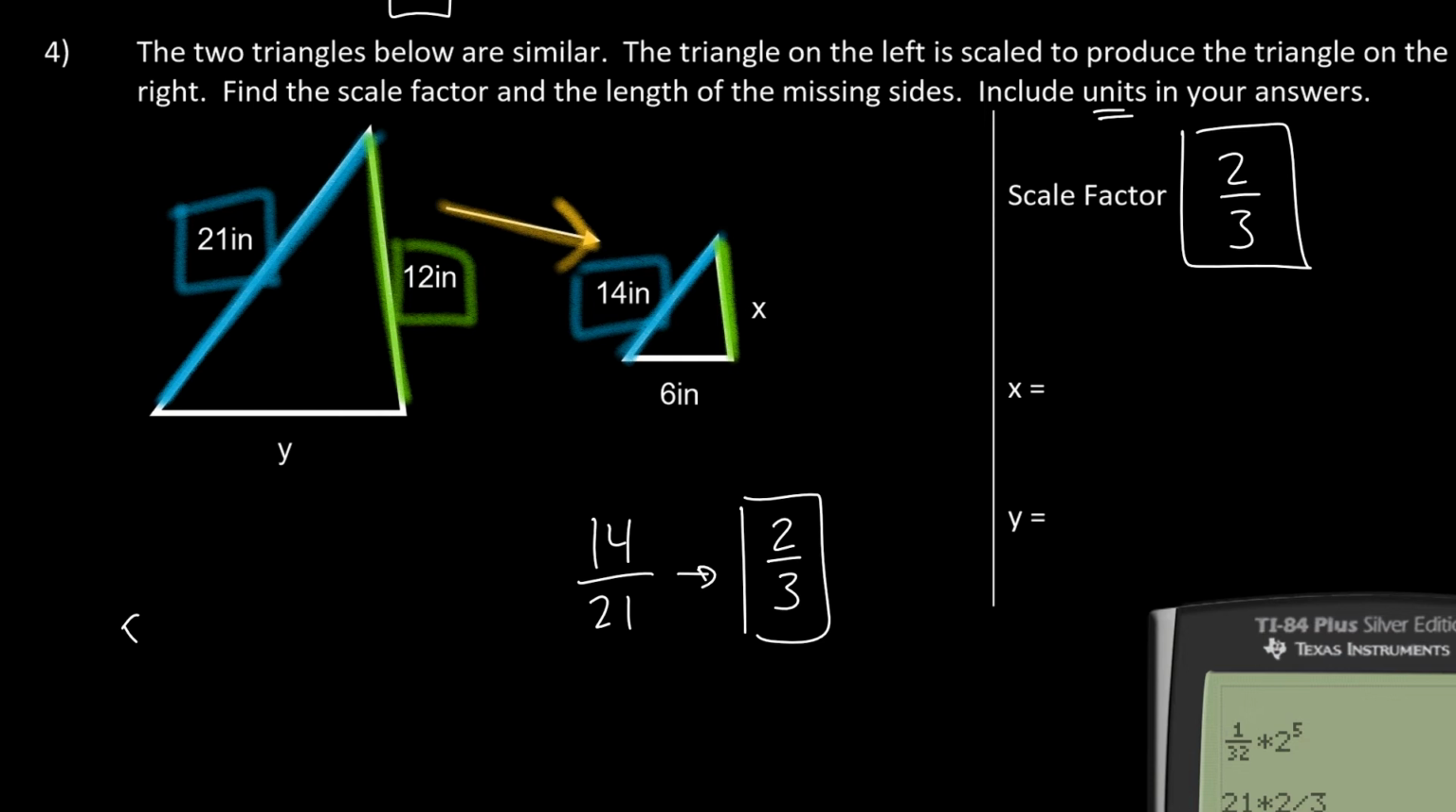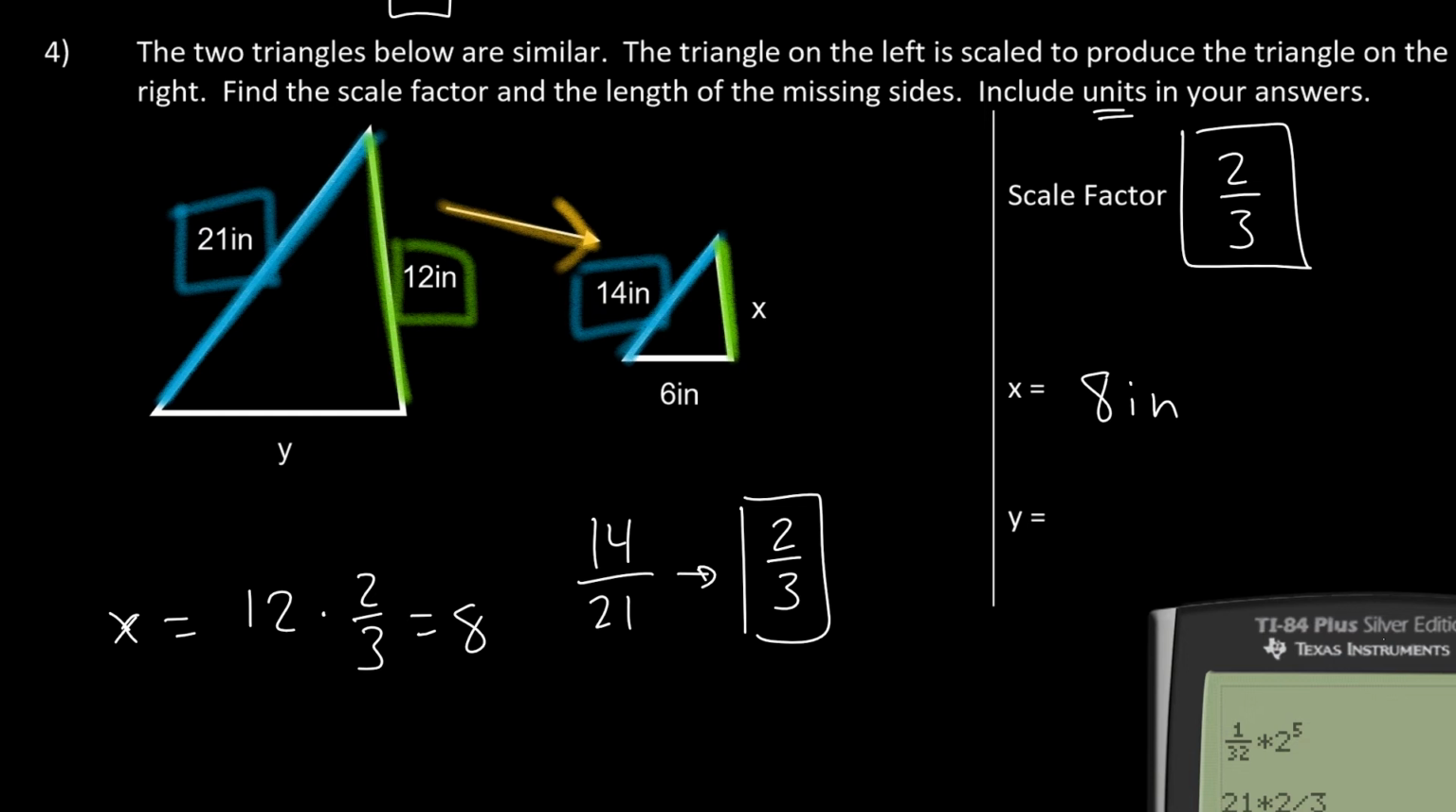So x should equal 12 times the scale factor of 2/3. Well, 12 divided by 3 is 4, and 4 times 2 is 8, so x should be 8. Now this does have units, right? These are inches. I didn't take inches divided by inches, so this dimension is 8. And then the other one,